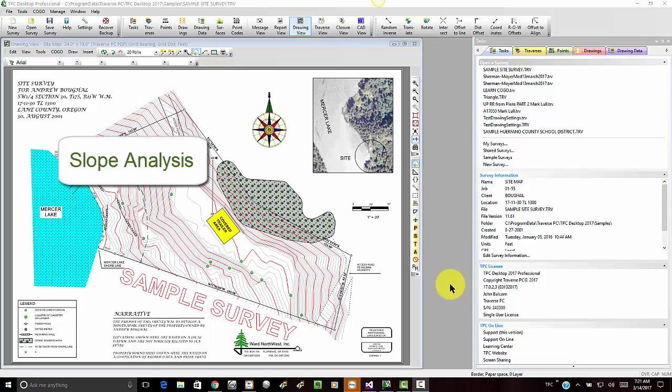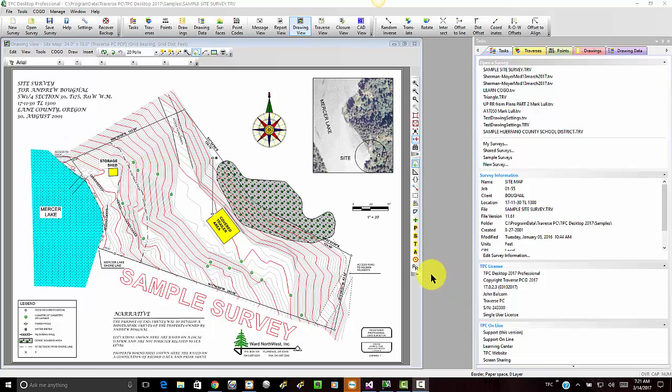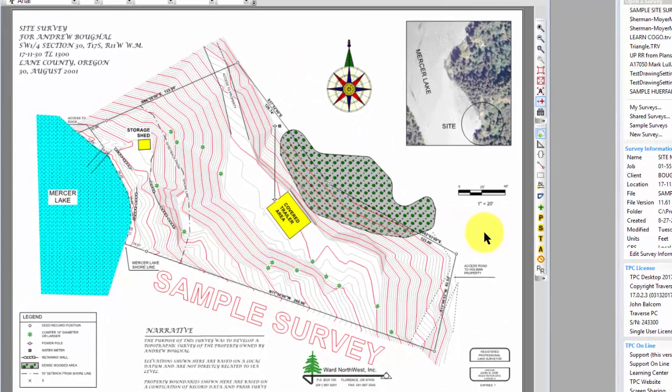In this video, I want to take a look at slope analysis in Traverse PC. So this is the project we've been working on for our topographic workflow, and we've got our map pretty much done. It's a site survey, so in addition to the property boundaries, we're also picking up some site information, including the